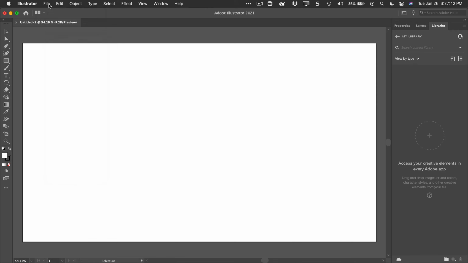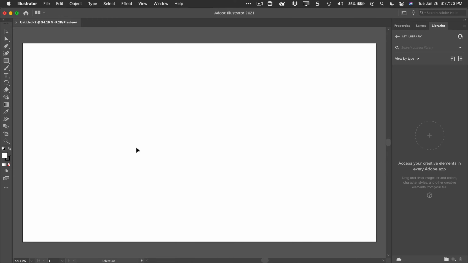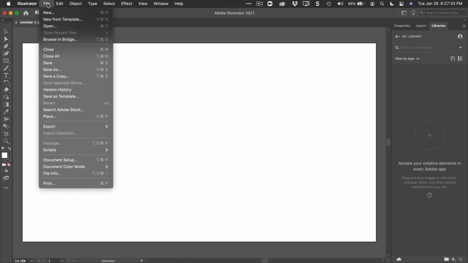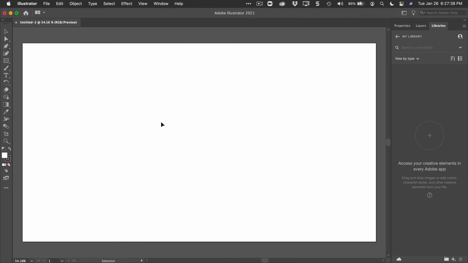But if I ever do need to convert from one color mode to another, for example, I can always go to File and switch from RGB to CMYK later. So you can always repurpose your digital artwork for print, or the other way around. You can take your CMYK printed art and convert it over to RGB. So we do that through File, New. All right, so